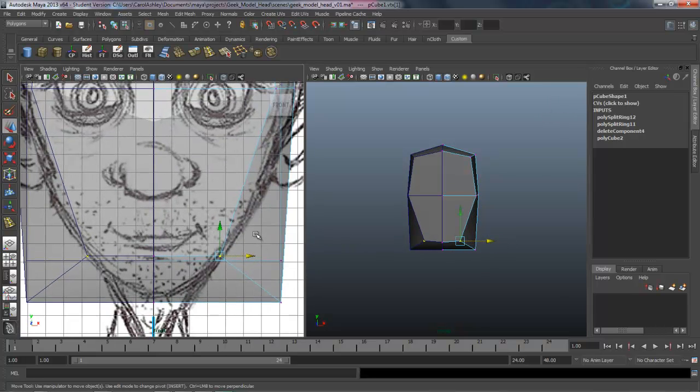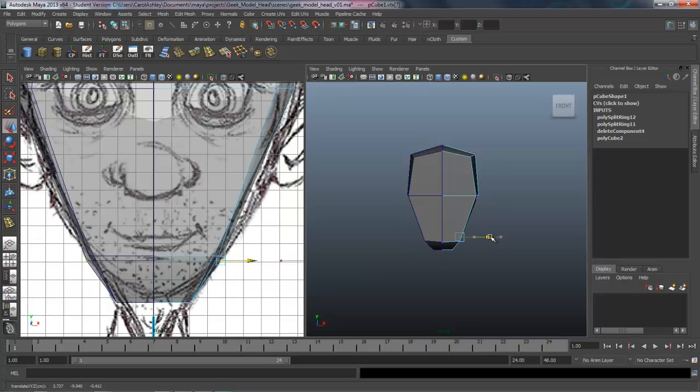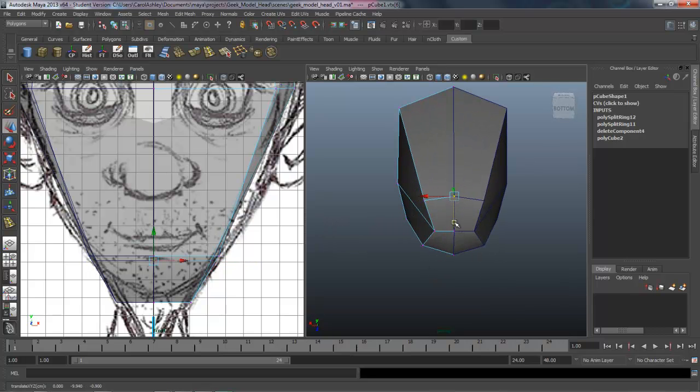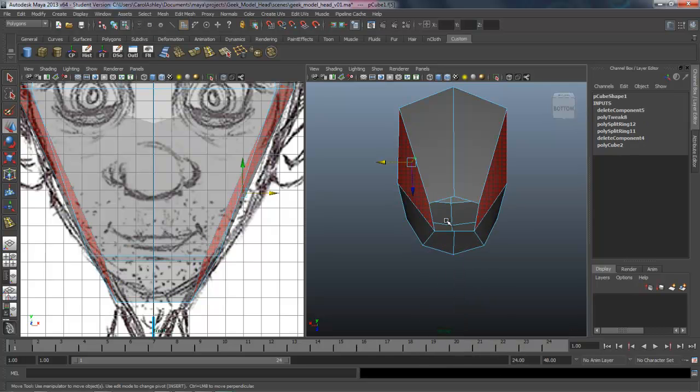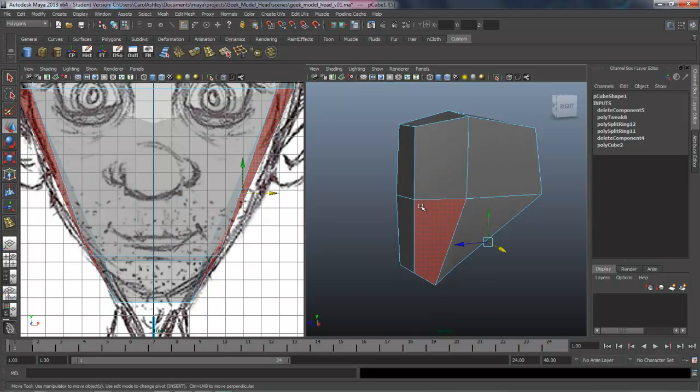You can see right here, this is kind of his jawline. And this wide point right here is actually his neck, which comes in quite a bit. And then this is going to be the back part of his head. Okay, so very broad strokes. We can start to round off his neck a little bit by doing this. There we go. So this is actually his neck. Let's go ahead and just delete those two faces here. Okay, and this probably got pulled in just a little too much. We'll come back to our side view in a moment here and take a look.